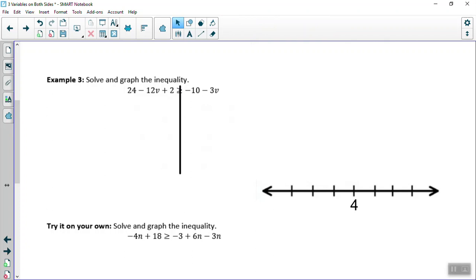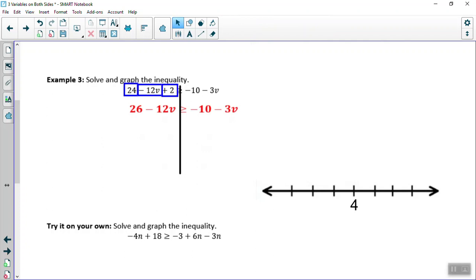I'm going to get my 24 and my plus 2 together. I can look at these as individual terms. I've got a 24, a negative 12v, and a positive 2. So I want my 24 to combine with my plus 2. So 24 plus 2 is 26. So when I go to the next line, I've got 26 minus 12v is greater than or equal to the